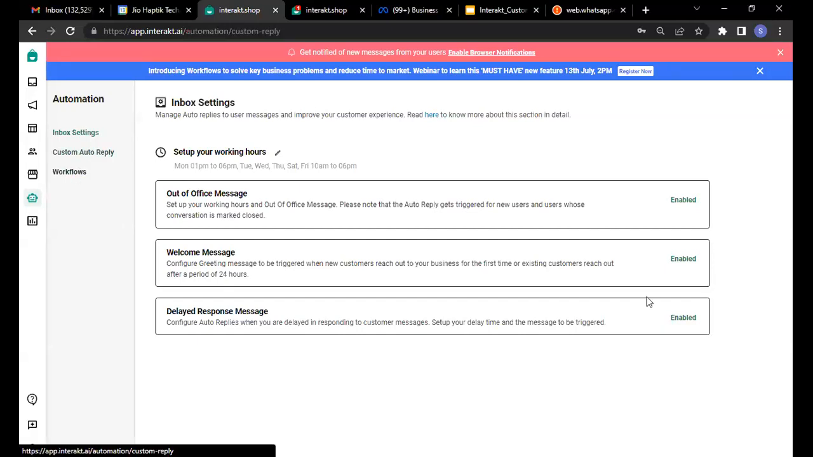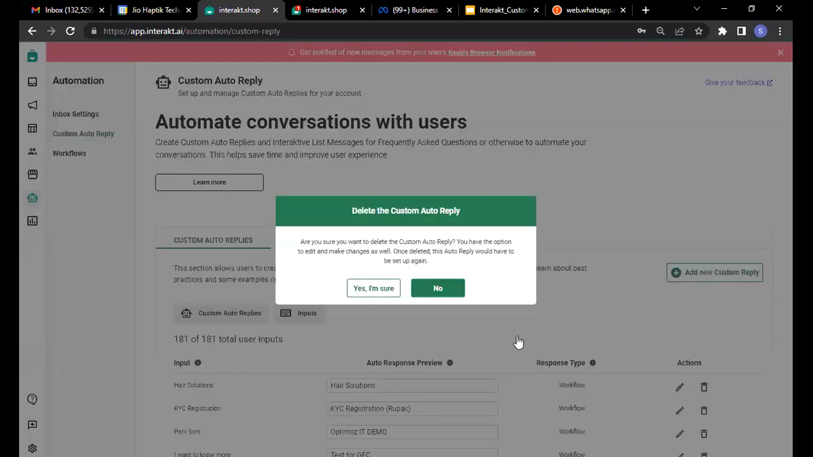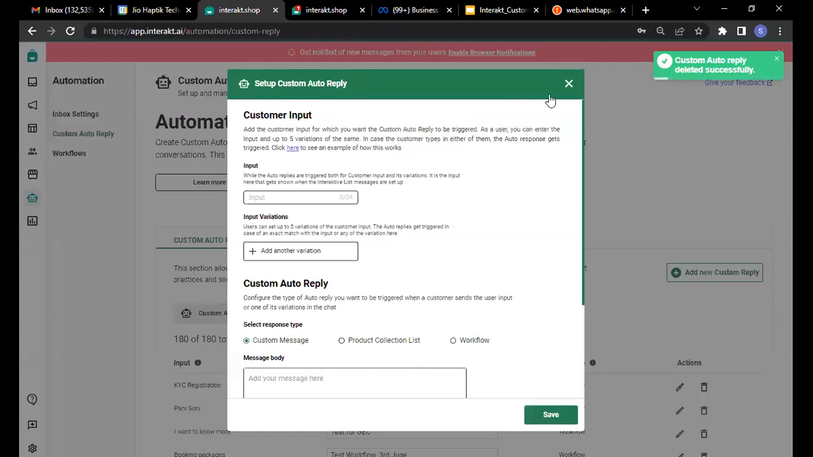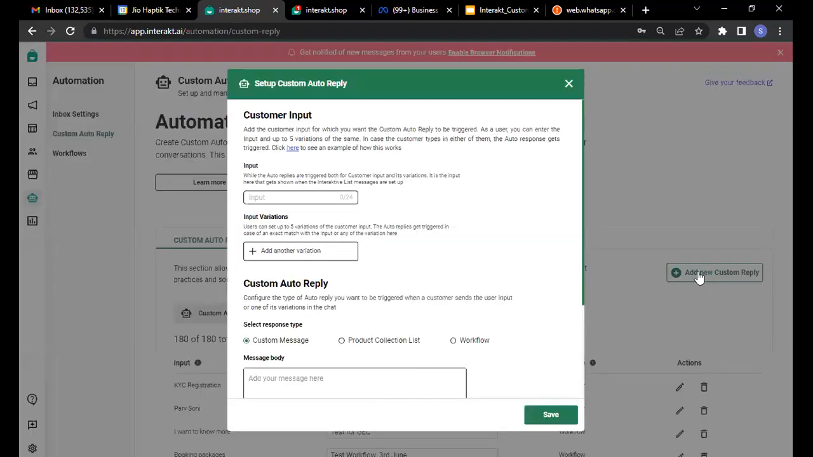So in the custom auto reply, as I have created this particular one for hair solutions, I'll just delete this custom auto reply. I'll show you again. So it says add new custom auto reply. I'll just repeat again. Just as you interact, you'll go to the automation section, then you'll go to custom auto reply. Let's suppose you've already created a workflow. You'll go to the add new custom auto reply section. You'll give the input keyword, which is hair solutions, let's say,